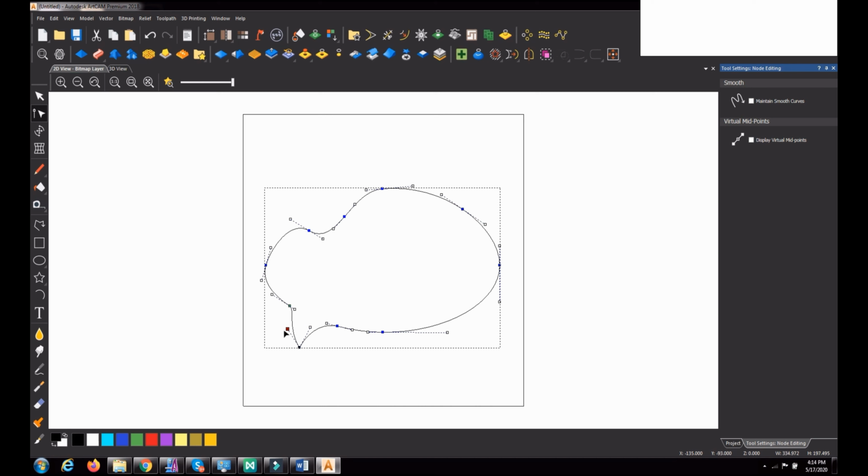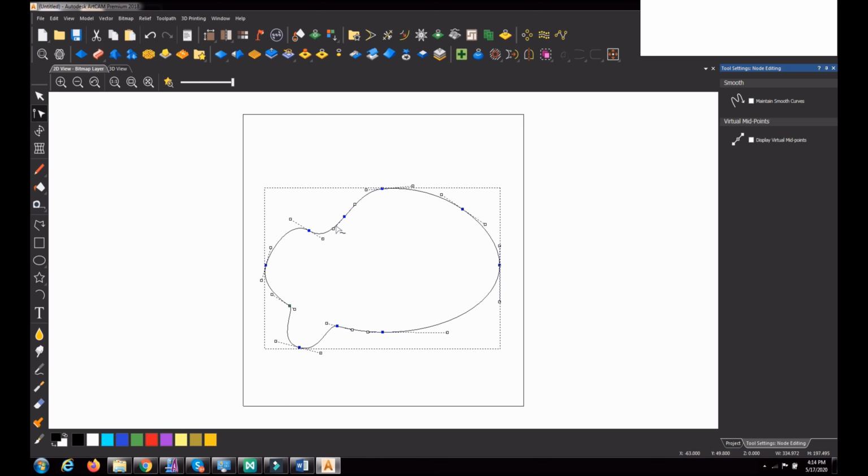It will not create a smooth line along that point. So you can insert any point and convert it into a smooth or not smooth node. If you want to make it smooth again, keep the cursor on top of it and press S, and it becomes a smooth node. The green color point is the starting point.